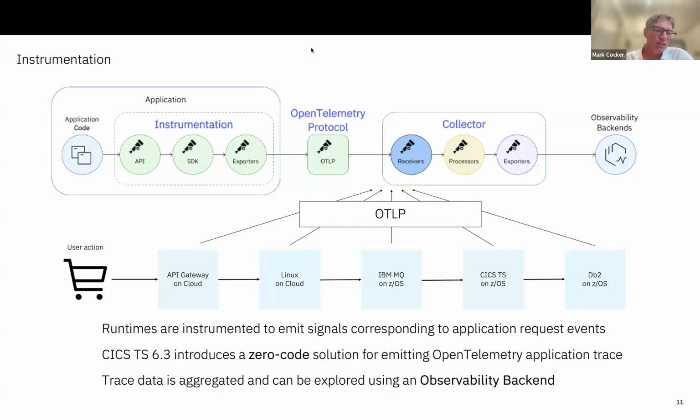You can simply upgrade to CICS 6.3. You can install the right components on z/OS and configure the CICS transaction and the CICS region to process the OpenTelemetry, and we'll talk about how to do that in a minute. So you can select, I want these transactions to be emitting OpenTelemetry trace, and CICS will start doing that. There's no need or disruption to your application, and so from that point of view, you can get the value out of this